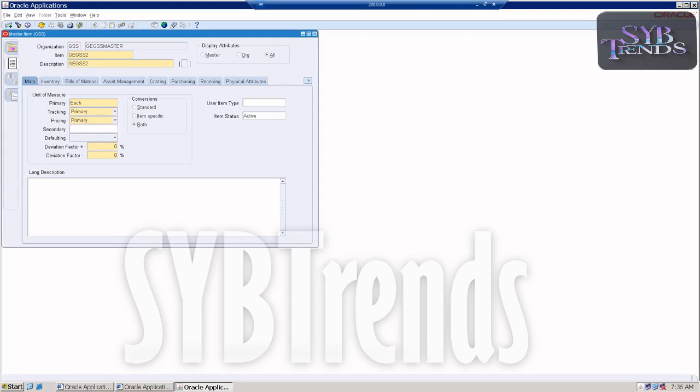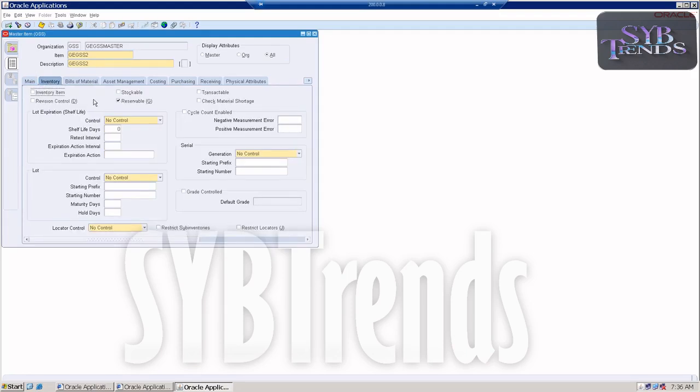Now you see the difference here. I'm going to enable only inventory item. Automatically it is going to enable stockable and transactable, but still we can edit. Meaning these two attributes' status will be controlled by your inventory item here,